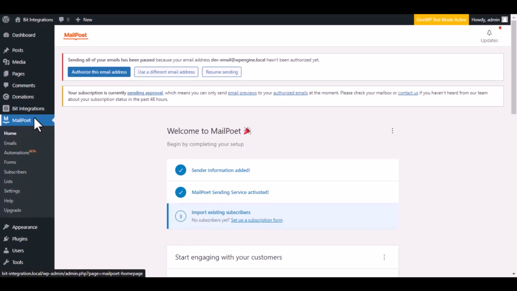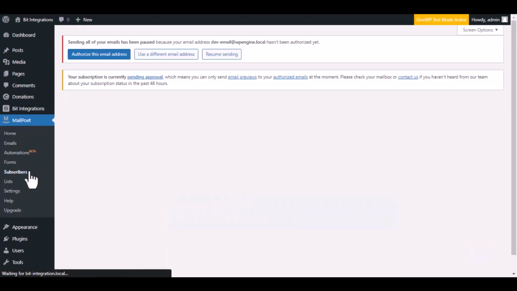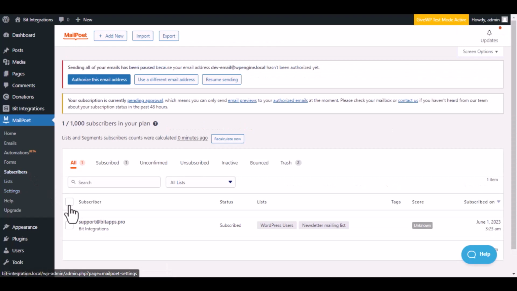Now navigate to MailPoet. Then go to Subscribers. Here is the data that came into